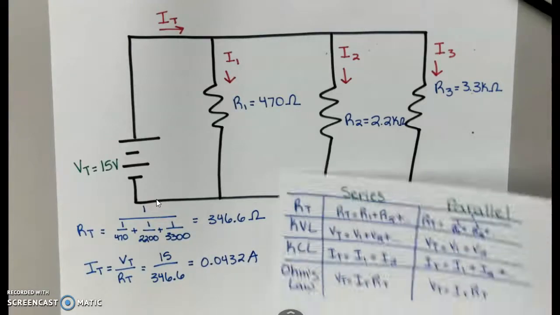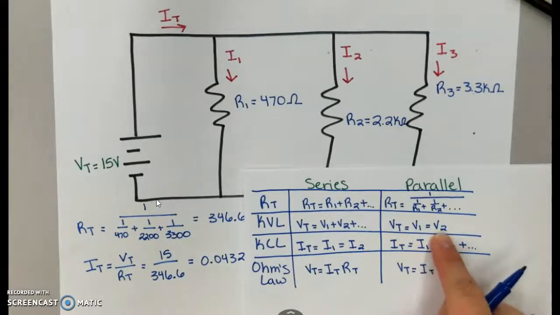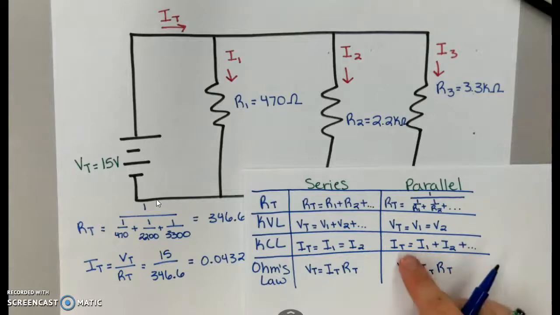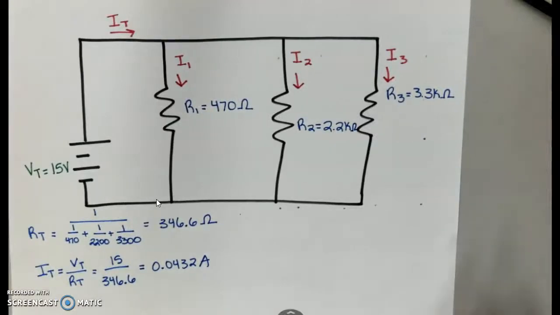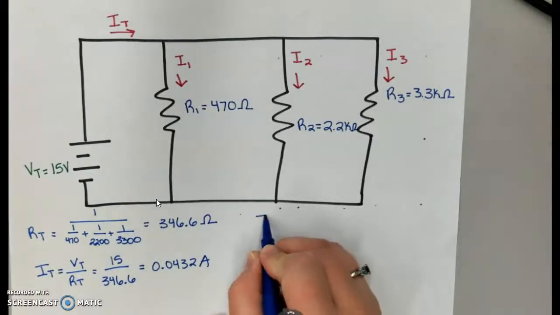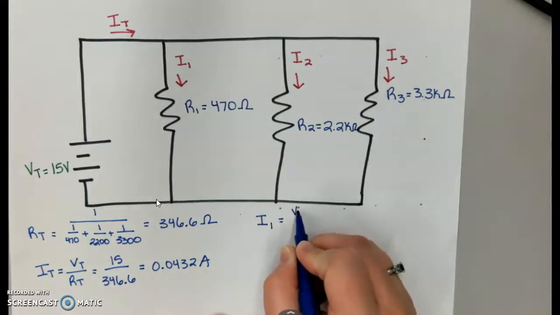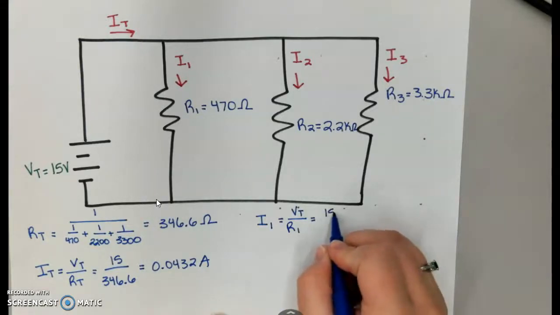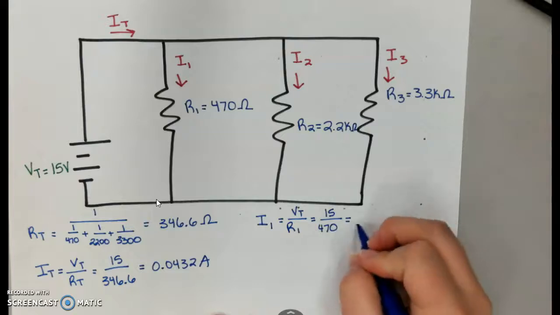So now, again, we're still working with a parallel circuit, and in a parallel circuit, my voltage is the same across each resistor, but the current is different across each resistor. So we're going to find the individual current on each resistor, kind of like we did with our voltages in the first circuit. So if I'm looking for the current across resistor 1, that's going to be my total voltage divided by the resistance in resistor 1. So my total voltage is 15. The resistance on resistor 1 is 470. And so my current is approximately